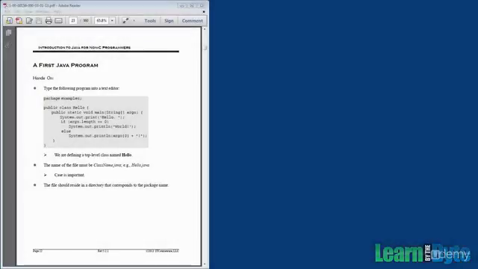Well, let's go ahead and move on to our second objective for this chapter, and that is we want to be able to write, compile, and run a Java program. Well, the page titled The First Java Program is asking us to type a certain program into some sort of a text editor. Well, let's go ahead and show you how to open up an editor, how to type this thing in, where to save it, just kind of the basics of that,